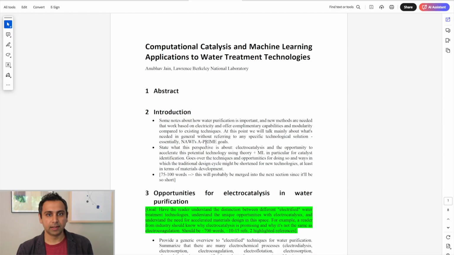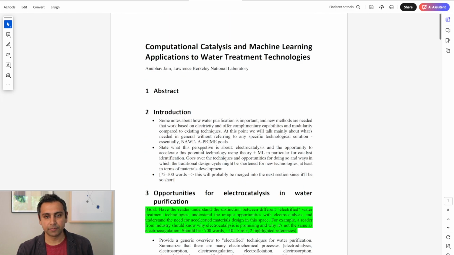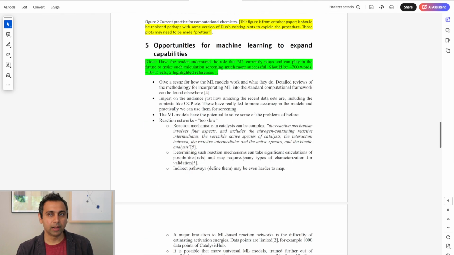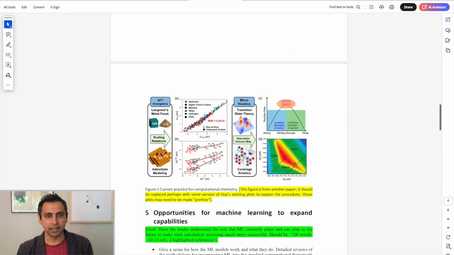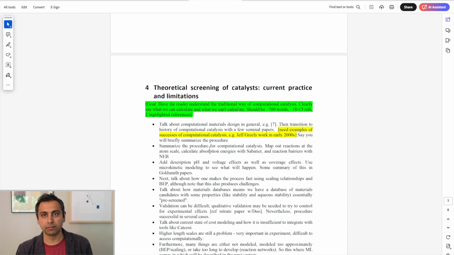So again, here's an example of a paper that I'm writing, and I have all the sections laid out, and I have a bullet point for each of the paragraph level ideas that I want to include in the paper. And what I would do here is I would actually assign each of these subsections to one person that's a co-author of the paper, and I would give them a clear goal about how many words they should be aiming for, how many references they should be aiming for, and exactly give them very clear instructions. But then they would be in charge of converting these bullet points into text,